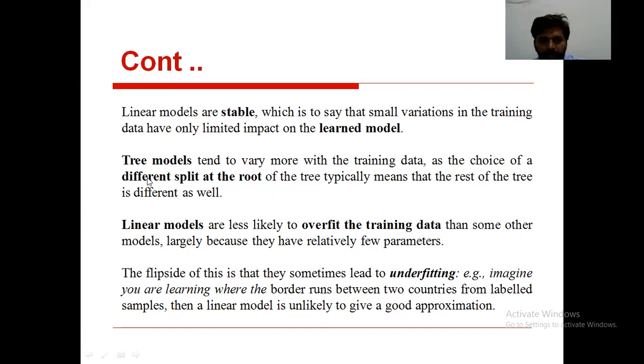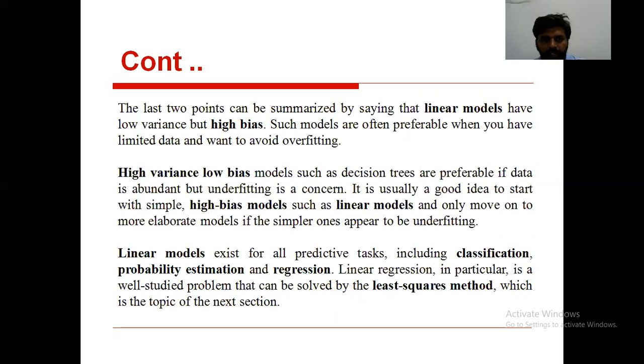I already explained this point also. See how the tree models are constructed. Tree models are constructed by splitting a node. The node may be a root node, a left node or a right node, like that. The node is split into some subnodes based on the value associated with the feature, right? Here we are considering features only. That is the main difference, right? And coming to the next one.